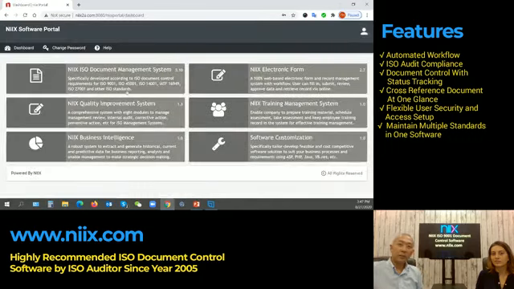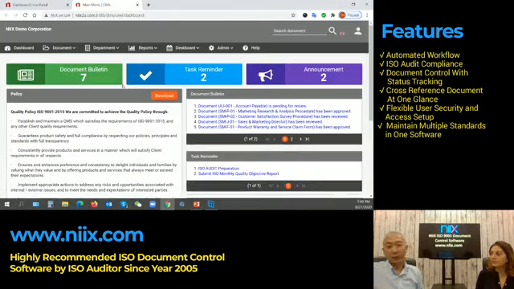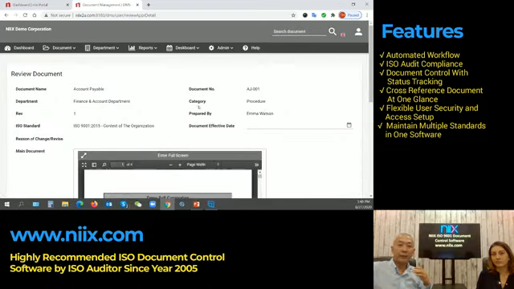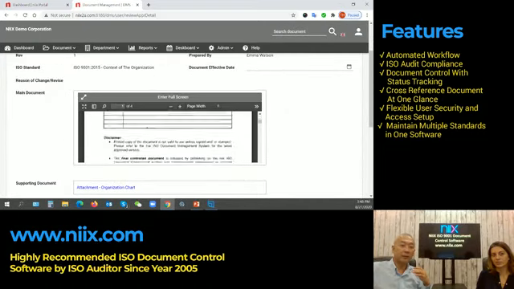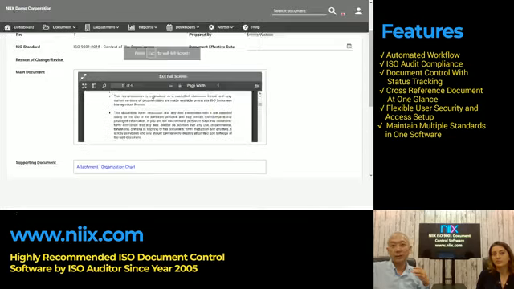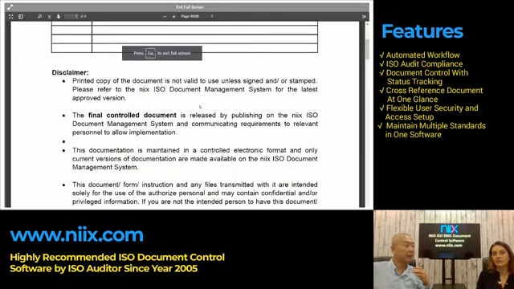So when Adam logs into the system, he will be able to see here at the document bulletin that there is a document pending for review. You can also see that there are some documents pending for approval, and so on and so forth. Okay, so Adam just needs to click here, and he will be able to see the document that has been submitted to him earlier. For the review, you can enlarge the screen to view the document.